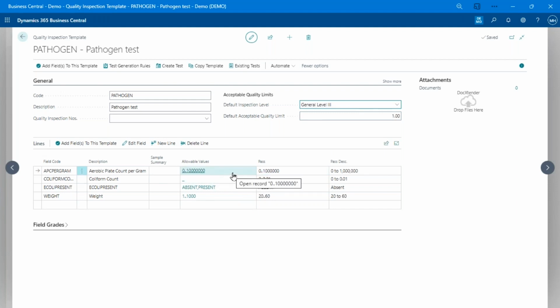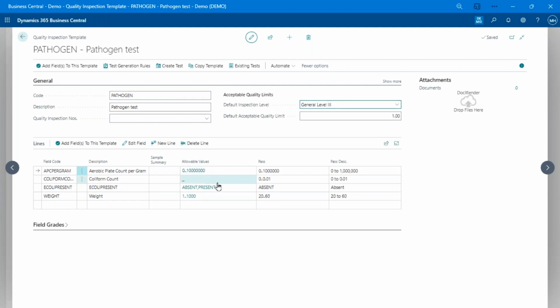So if I create a new test for this, and I can create that new test from here, but more typically, you're going to have it automatically created. Like, for example, when I release that production order, it'll automatically create whatever tests I need. I can also go right to the production order or the purchase order or whatever page I like, hit a button, and it'll create a test for me to capture the data.